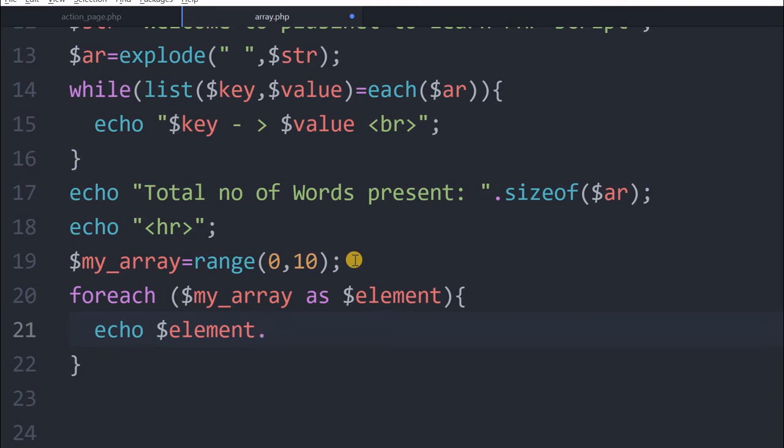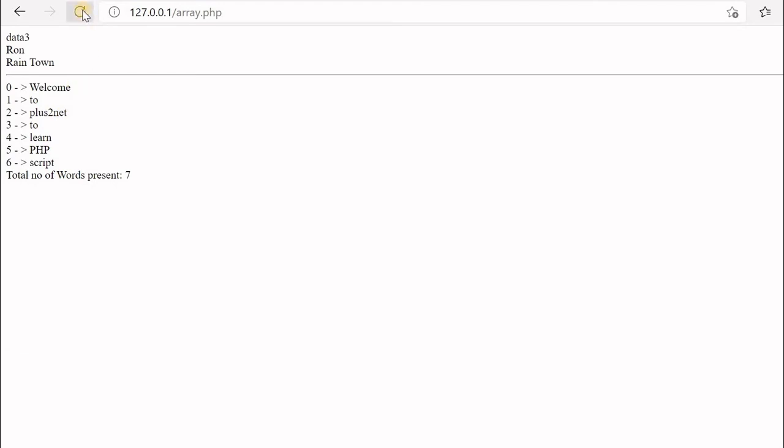Now we'll say dot, and one space we'll give because we want to see a gap between each element. So that's all. Here we are getting an array by using a range function, and this foreach we are using to display it. I have saved it. Let's go and check it now. You can see 0 1 2 3 4 up to 10 it has displayed.